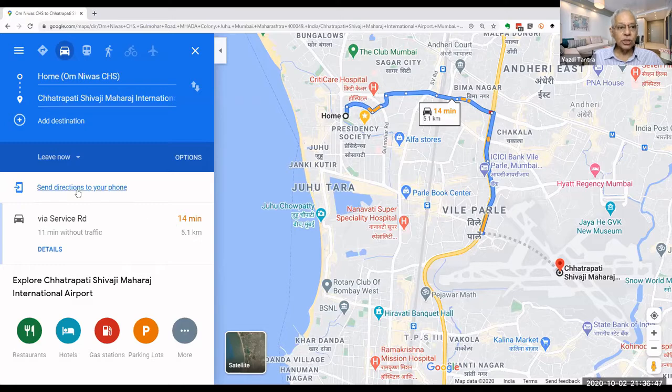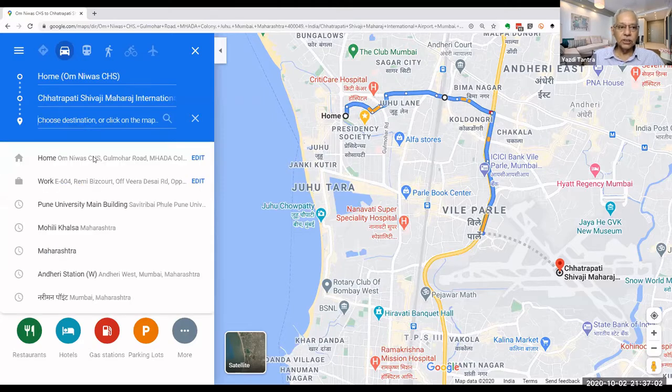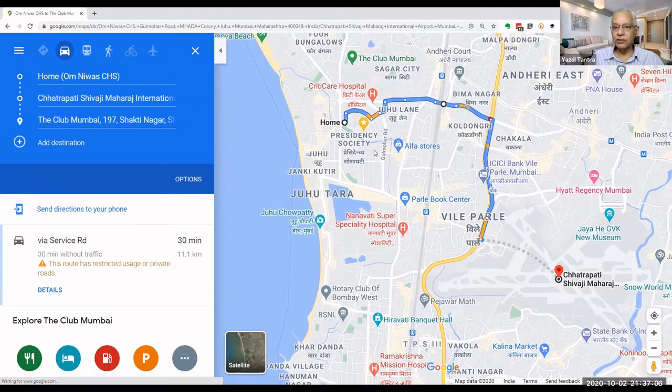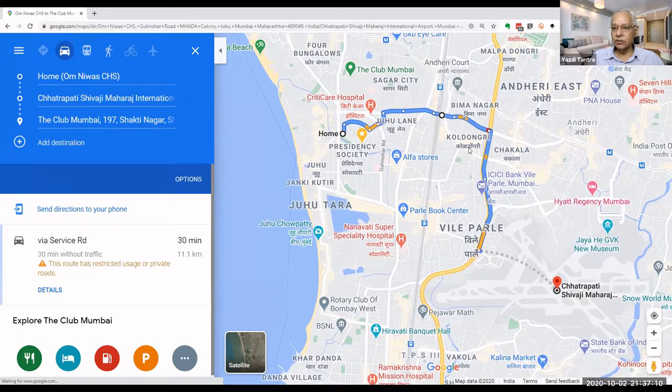Then we also saw last time that we can add destinations on the route. So if I want to go to some other place before reaching the airport, I can just choose the destination. I can say I want to go to the club Mumbai before going to the airport. So it will show me that I have to go from here, go to the club, then come back here and go to the international airport.